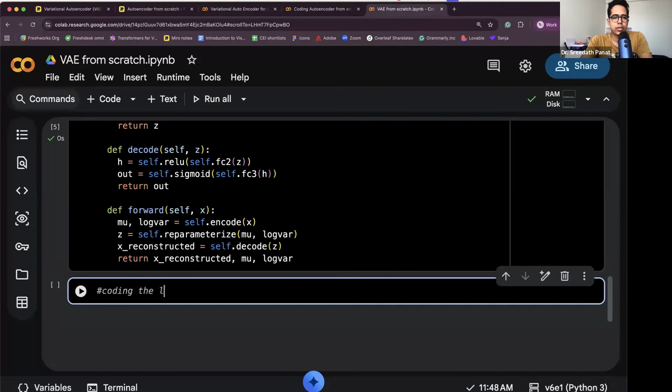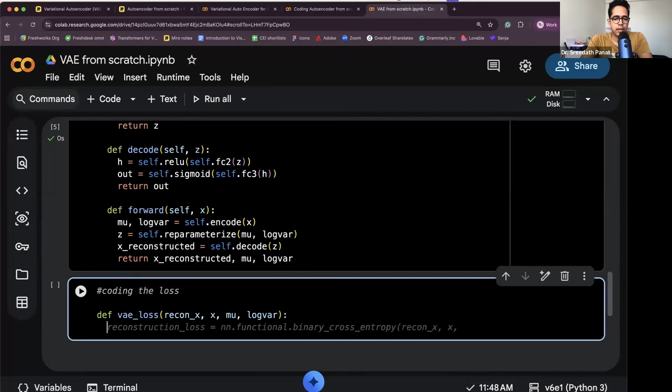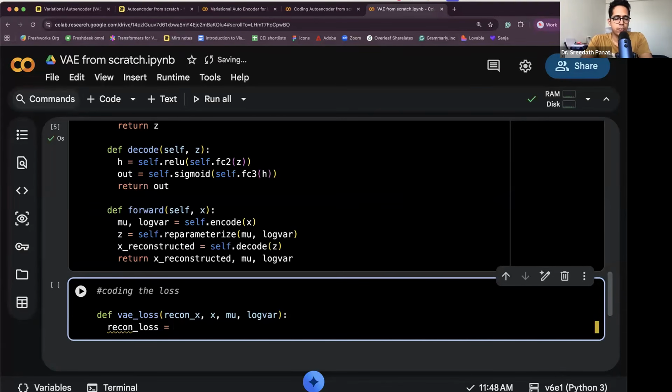Coding the loss. So define VAE_loss. Here we are passing reconstructed x. Then we are passing x itself, so that these two are compared for mean squared error. And then we are passing mu and logarithm of variance. Then we say recon_loss is equal to nn.functional